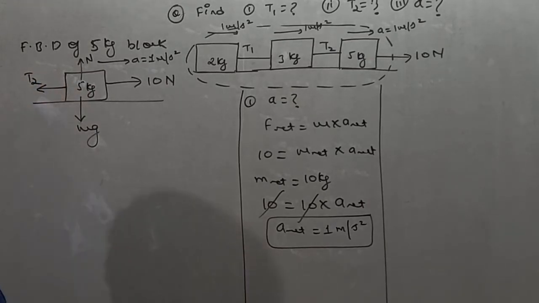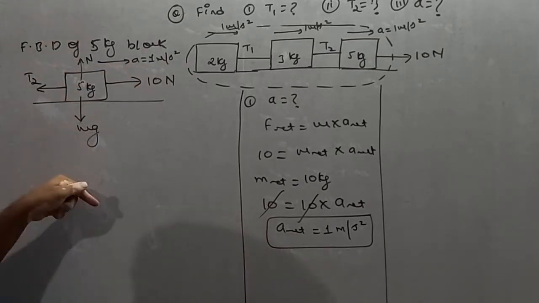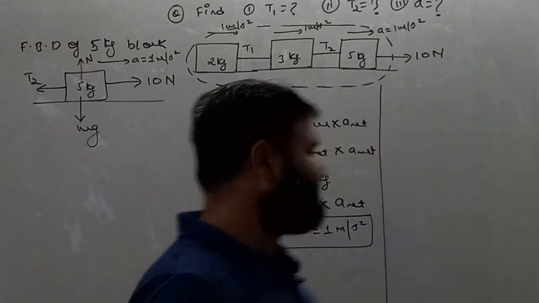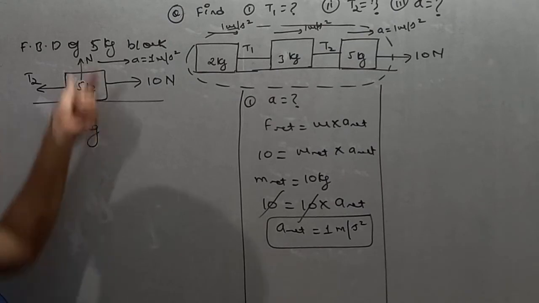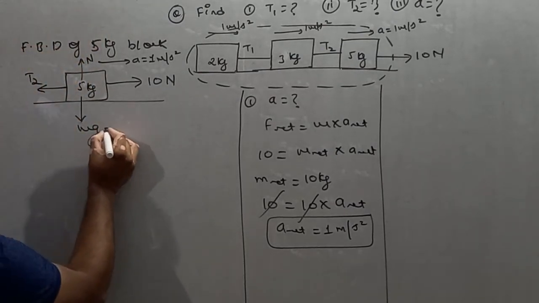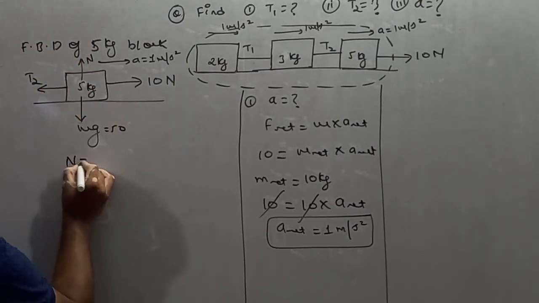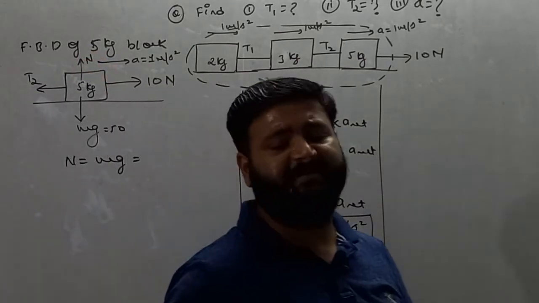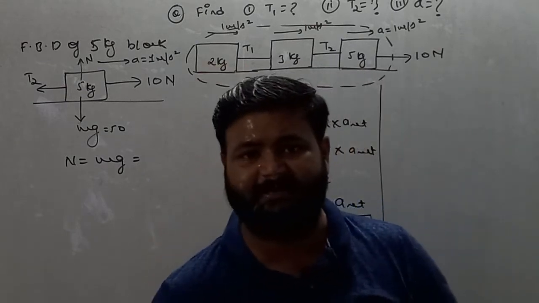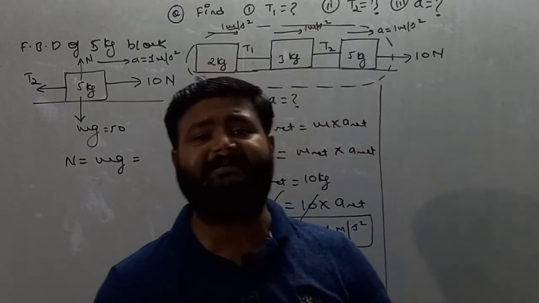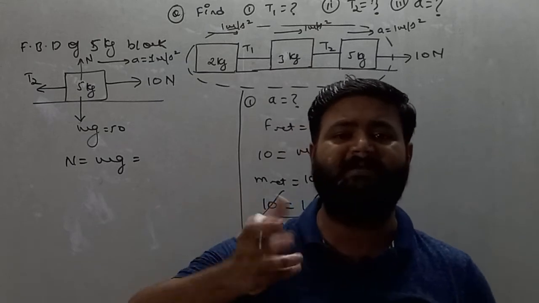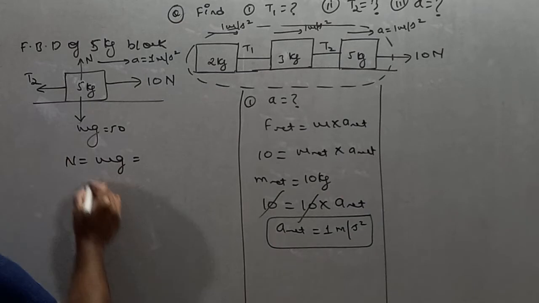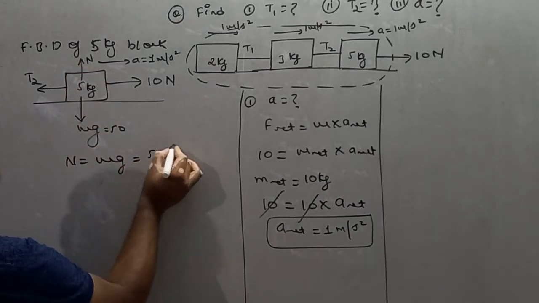Now see dear student, in the vertical direction motion is not possible. As we see, the block cannot move down, the block cannot move up. So mg is 50. So here N is equal to mg, as if motion is not possible, then we can say the forces are in equilibrium. And we are all aware of the term equilibrium. Equilibrium means opposite forces are equal in magnitude and opposite in direction. So N becomes equal to mg, that is equal to 50.